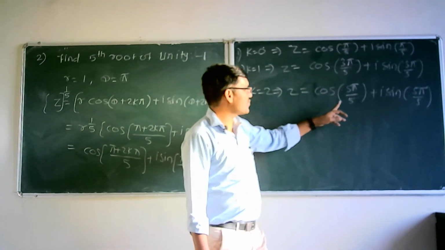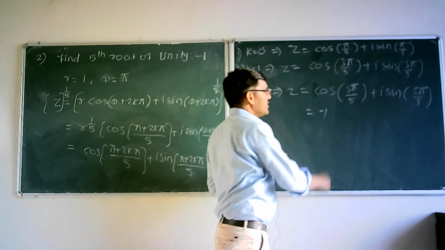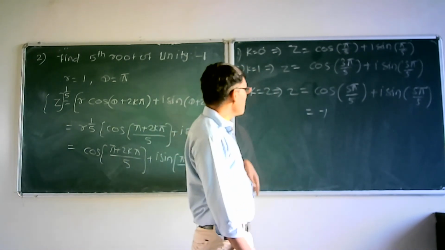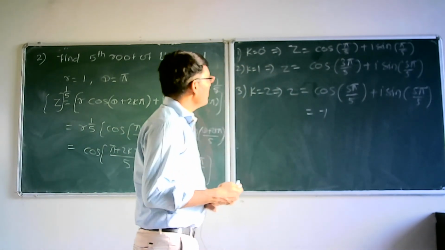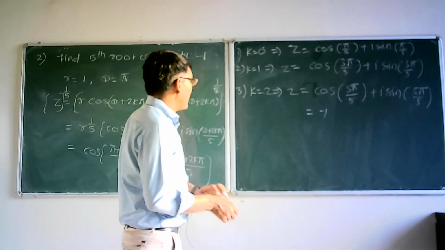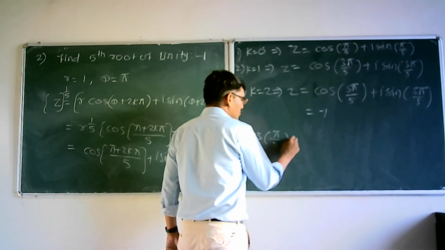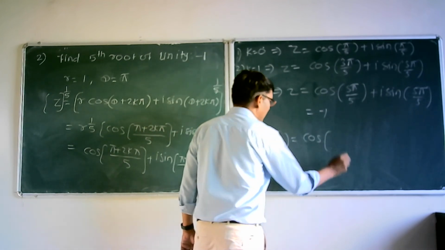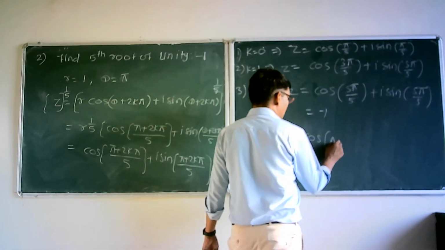Cos pi is minus 1, sin pi is 0. So this root is minus 1. Similarly, if you put k is equal to 3, k is equal to 4, you will get the next roots. Now I am going to tell you how to find the cos pi by 5. So we can write this cos pi by 5 as pi minus